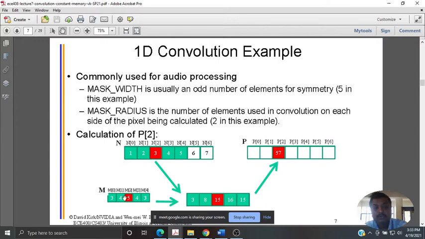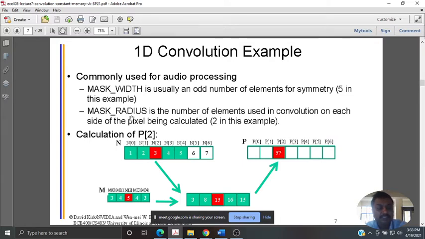Whenever you want to compute the convolution, you align the mask. Right now I want to compute the position for P2, so you align your mask to N2 and then multiply the elements appropriately. So 3 into 1 is 3 and 4 into 2 is 8 and so on. Once you are done with the multiplication, you reduce, or summate, to the final element, 57. That's how the convolution was showcased.